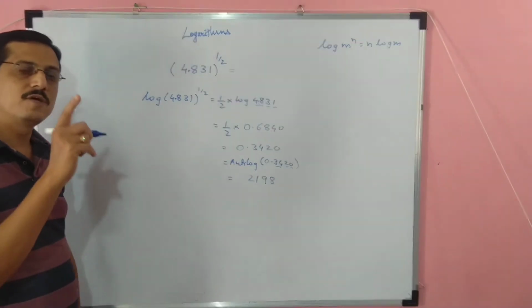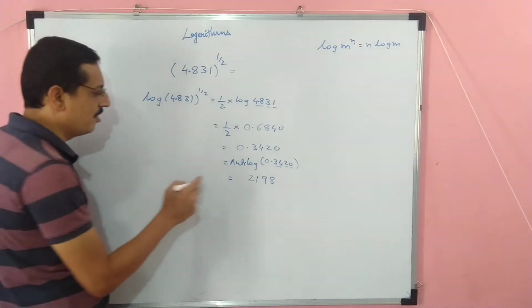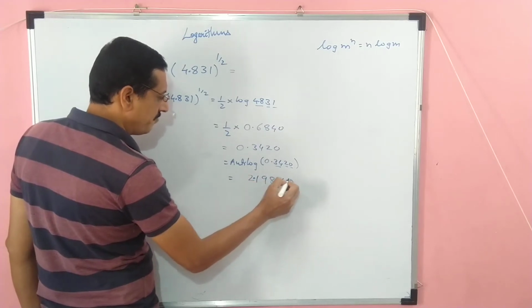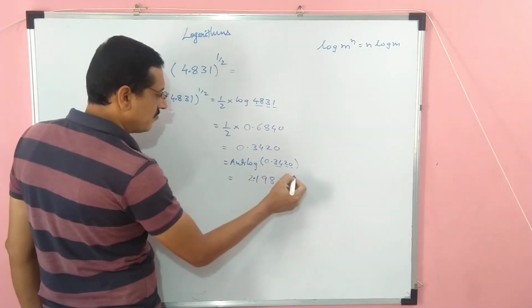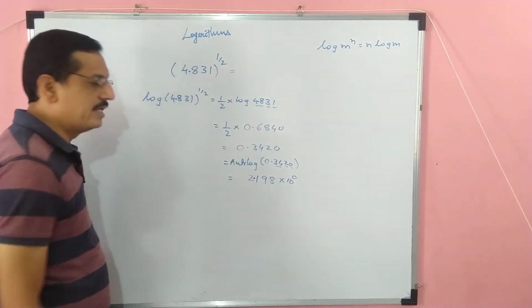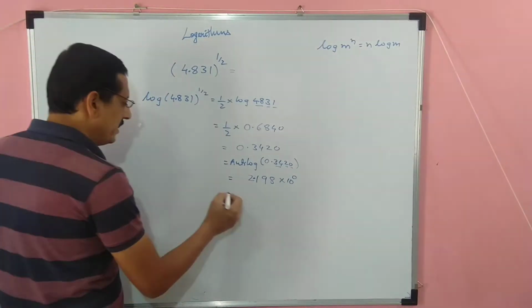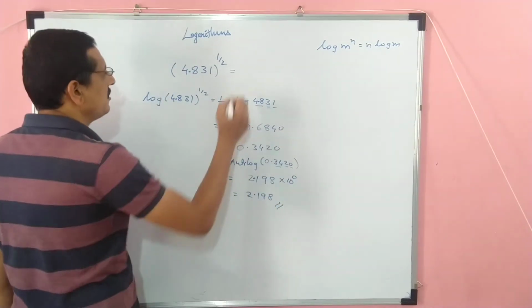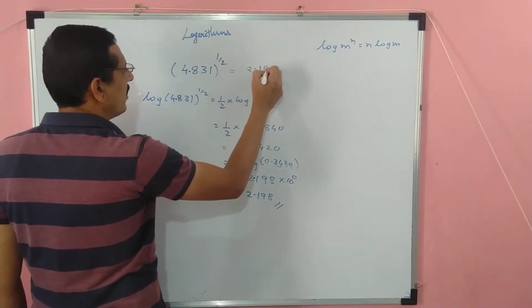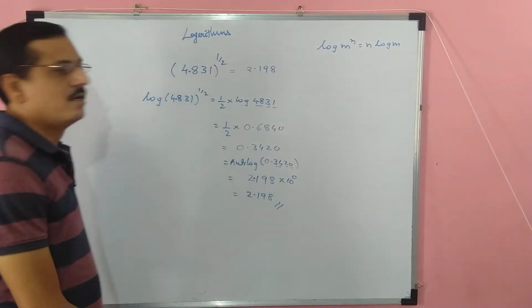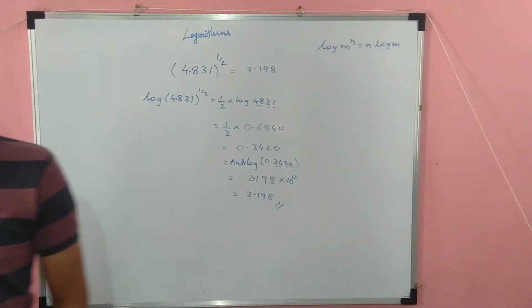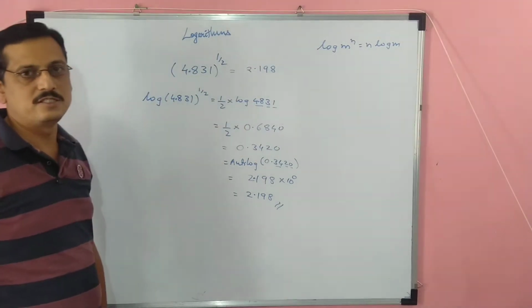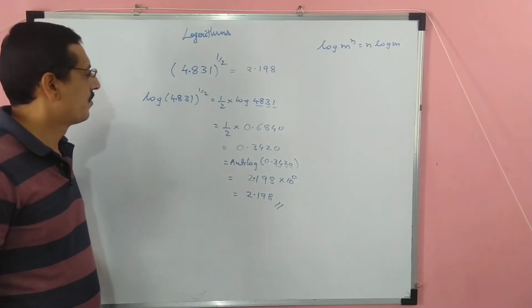Now the rule we are following, you follow the same thing. Always give the decimal point after the first digit, into 10 to the power of the characteristic. This time the characteristic is 0 and anything raised to 0 is 1. 1 into this value is 2.198. This is the answer, student. So it is 2.198. Okay, so one more sum we got. Check, I have shifted the decimal value, so its root is changing, the square root has changed now.